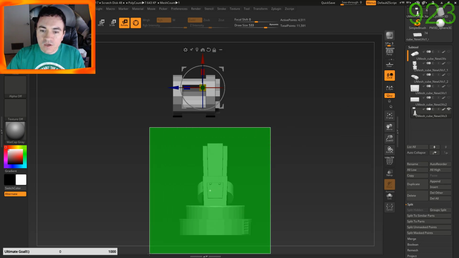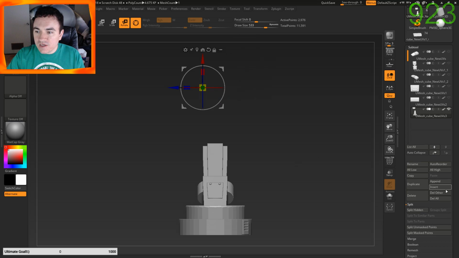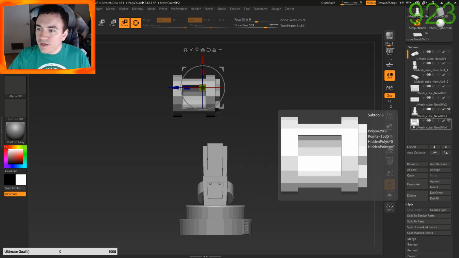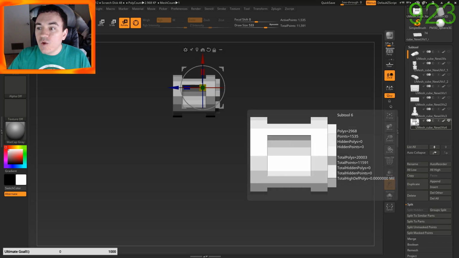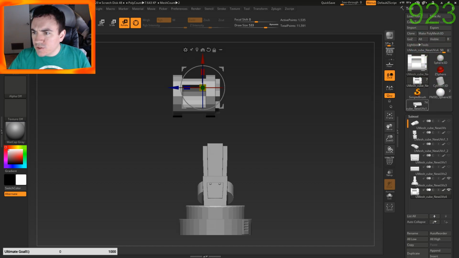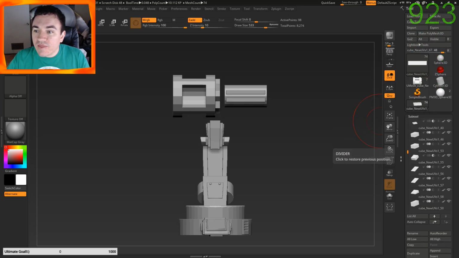Control Shift, click. Now we've got that selected. Now split hidden. Awesome. So now we have everything isolated like we wanted to. And normally if I had 600 different subtools, which let's go back up to 74 subtools, that is what this